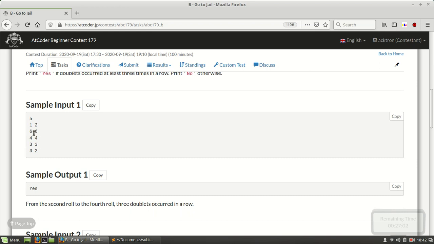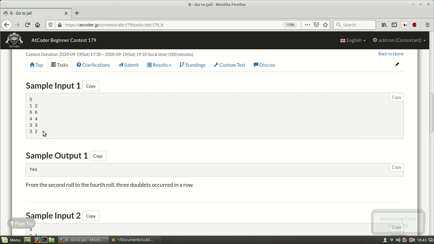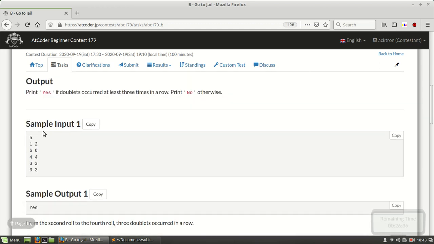So a equals b three times continuously. We need to find whether, in this sequence, a and b are equal three times continuously. So this is the problem, and let's move on to the code now.